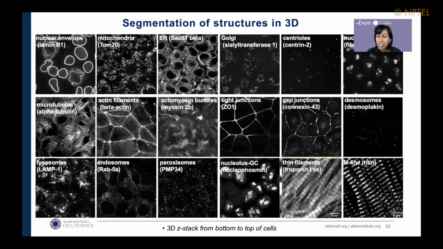And one of the big challenges that we've had to overcome is to extract this information from each cell in 3D in live images. None of these structures look the same. So extracting this information, what we call image processing, and segmenting out those structures so we can analyze the data was a major challenge. Just even segmenting out the different cells, because they grow so close together in an epithelial